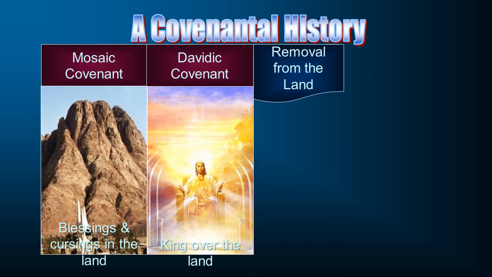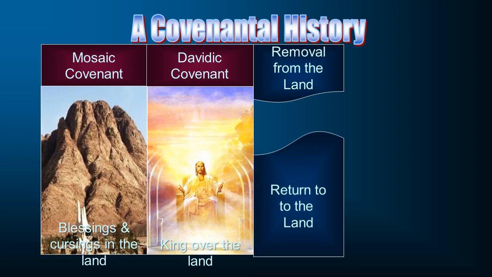And sure enough, David's descendants do not obey, even starting with Solomon. There's some disobedience there, but it gets worse and worse. And finally, they are removed. Both Israel in the north and Judah in the south are all removed from the land, and there are no more kings. And so there's a removal from the land, but God makes this promise that even if I remove you, I will return you to the land. It won't be a final, complete, and everlasting removal. There's going to be a return, and sure enough, they come back. Not all of them, just a remnant, but there are those that come back.